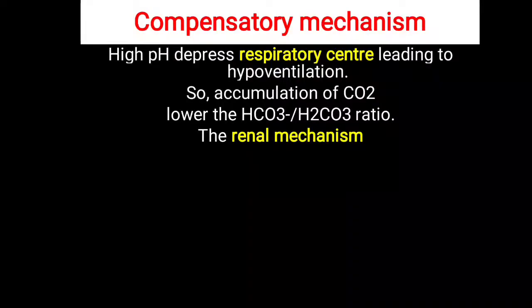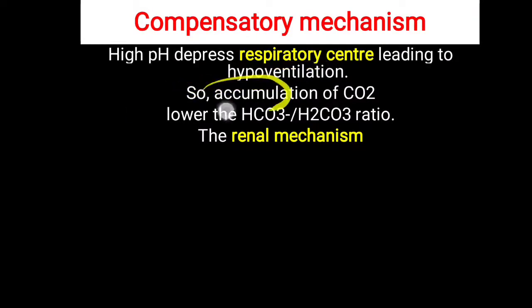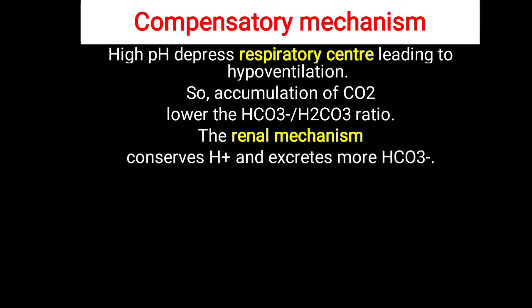So the first response in metabolic alkalosis is respiratory, working as a second line of defense. The first line of defense is generally the buffer system, the second line of defense is the respiratory mechanism, and the third line of defense is the renal mechanism, which will also start to work to maintain the pH around 7.4. How will this renal mechanism work? We know the particular function of the kidney is to excrete more H plus and reabsorb bicarbonate. But when there is metabolic alkalosis, that system will decrease, or reverse in nature. So what happens?